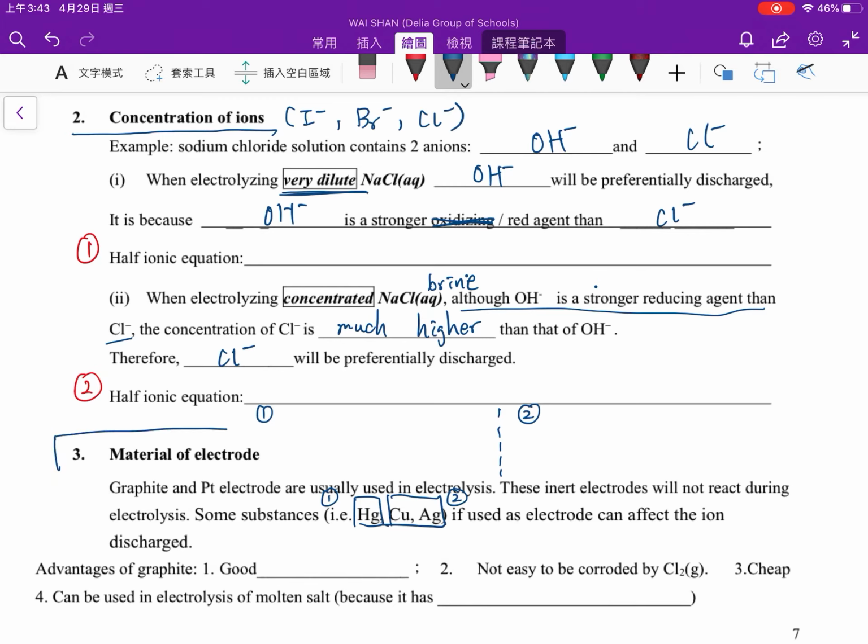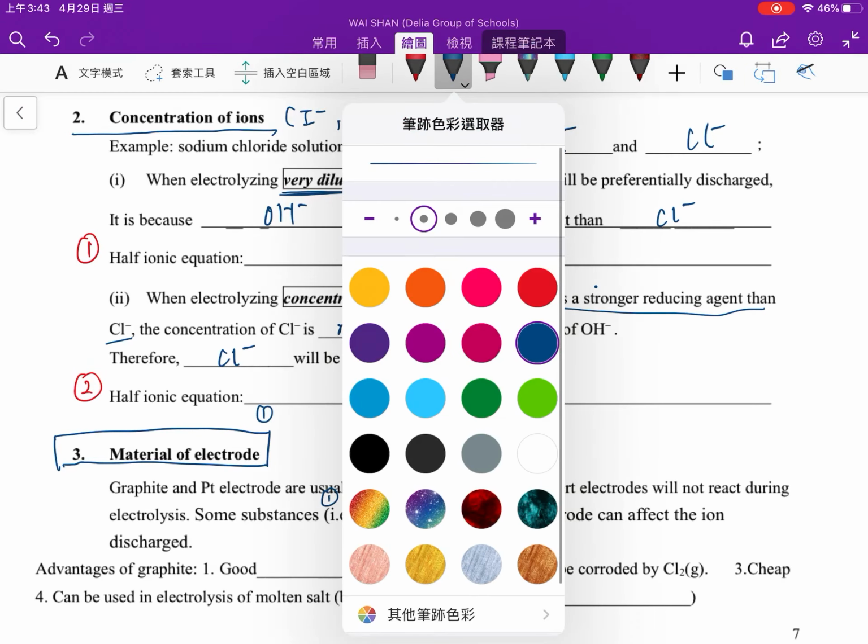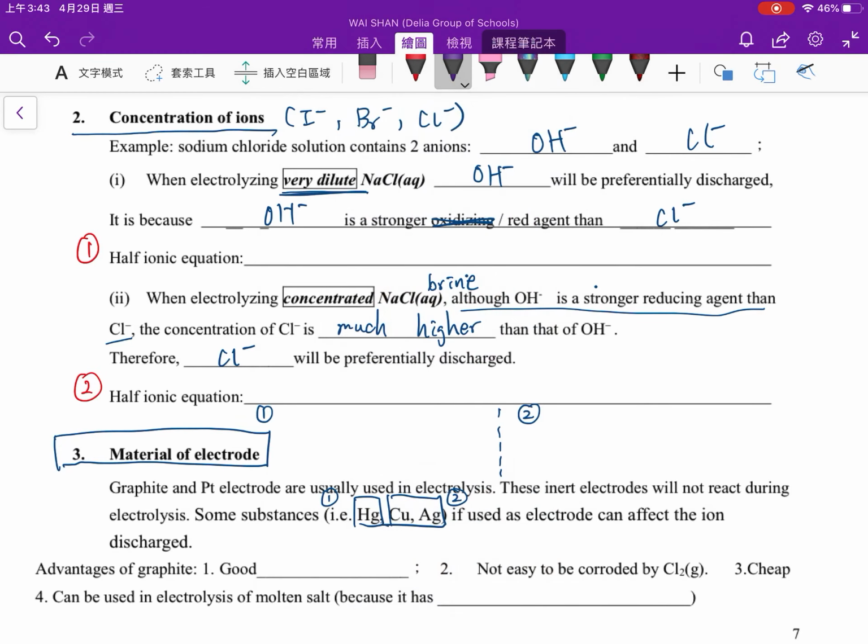We also need to consider the last factor, which is the material of the electrode. So usually it is divided into two types of electrode. First of all, graphite and platinum, they are inert electrodes. They will not react during the electrolysis. However, when you see electrodes like mercury and copper or silver, then you have to pay attention. For mercury,